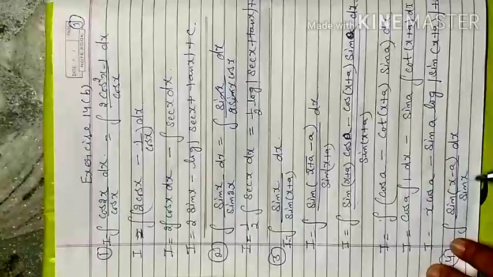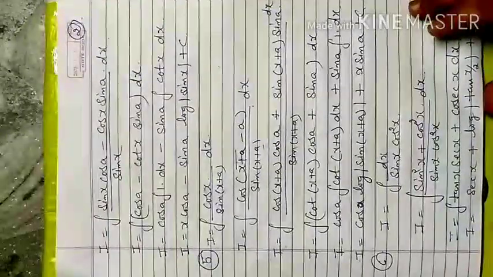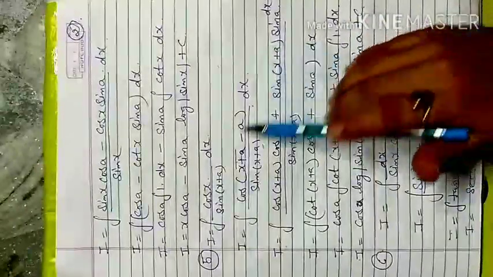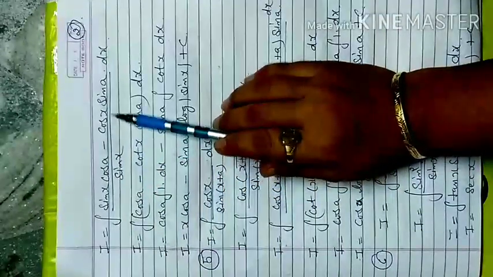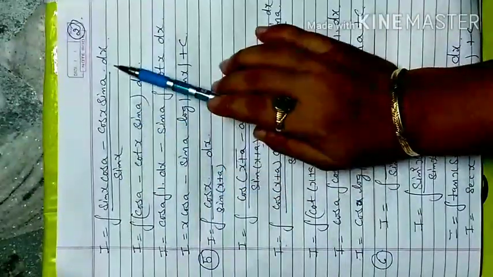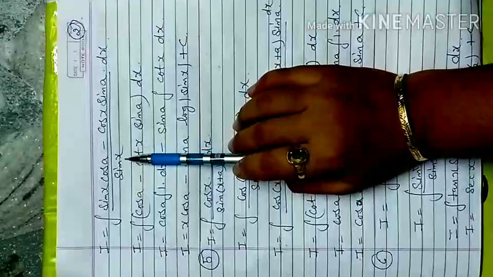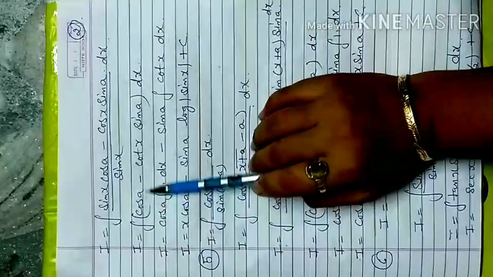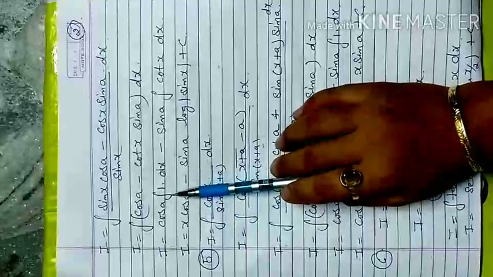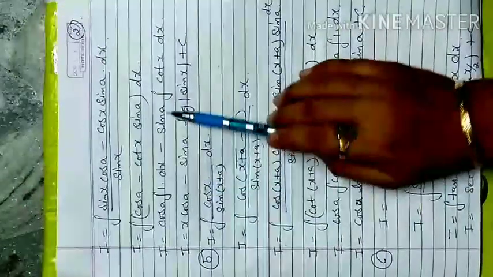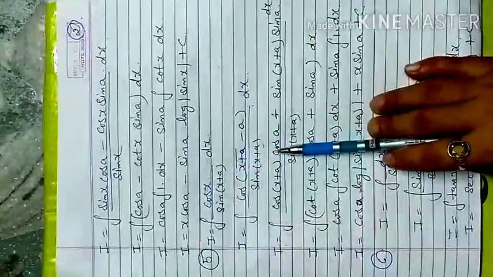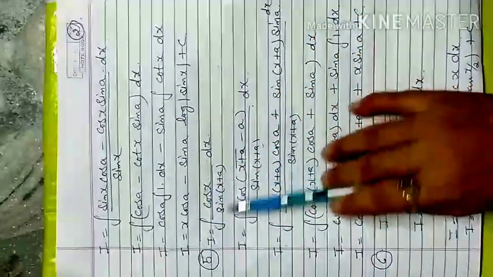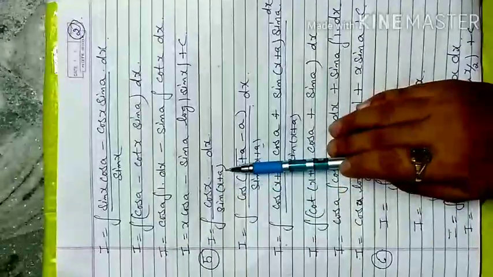Now your next is sin x minus a by sin x dx. So here when you open this one, again sin a minus b formula, sin x cos a minus cos x sin a upon sin x dx. Now separate the denominator, cancel the term, cos a minus cot x sin a is left, and integration of 1 is x, and integration of cot x is log sin x, and sin a and cos a are constant terms, keep them outside.